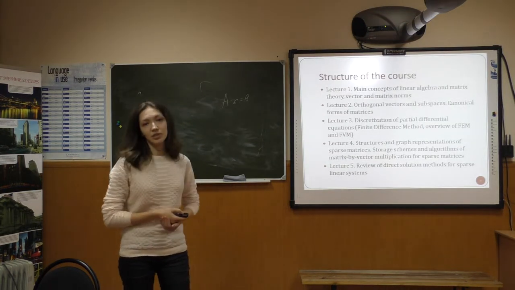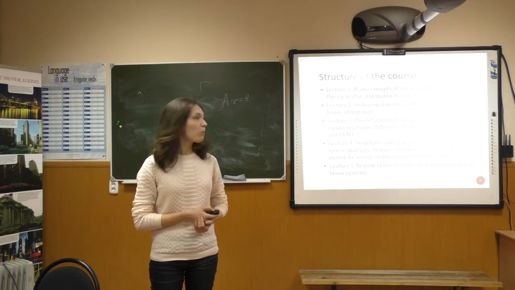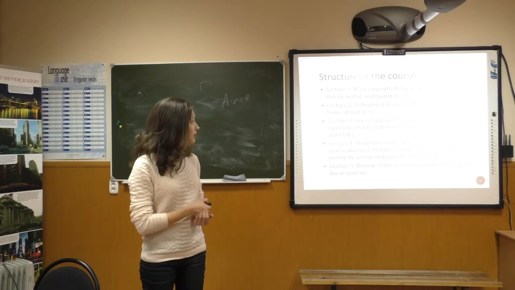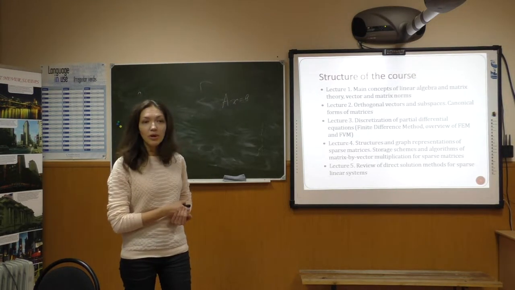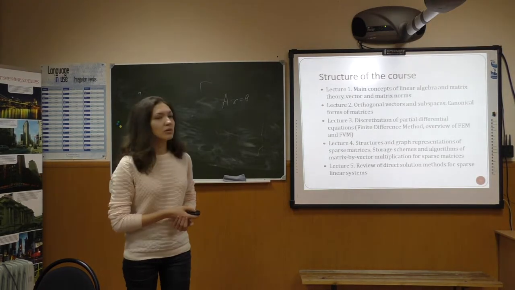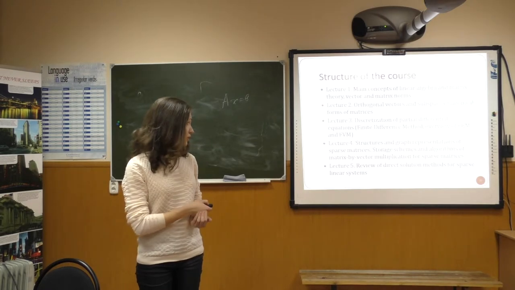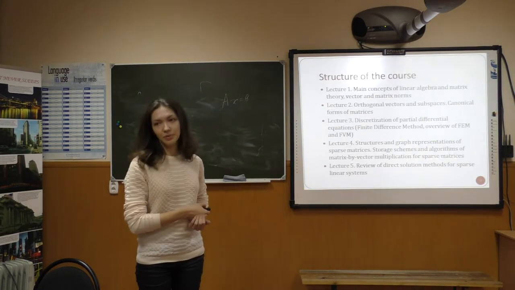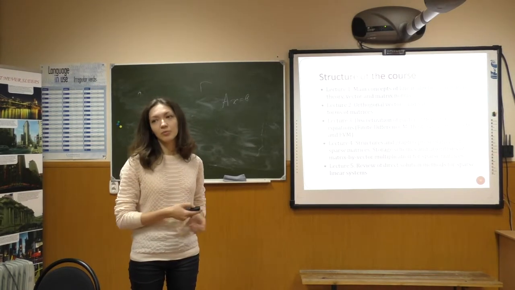Then there is a lecture devoted to discretization methods, like finite difference method and finite element method and finite volume method, but it will be just an overview of these methods. Then there is another lecture devoted to structures of the sparse matrices and storage schemes, sparse formats,